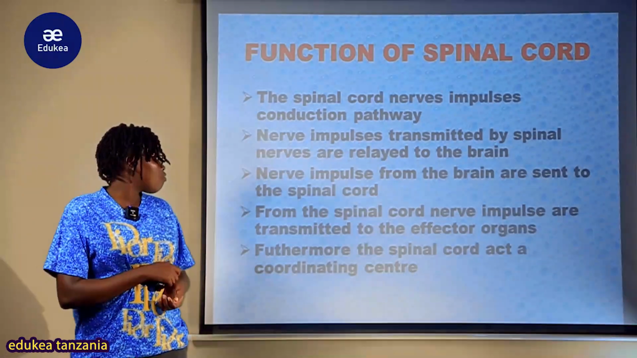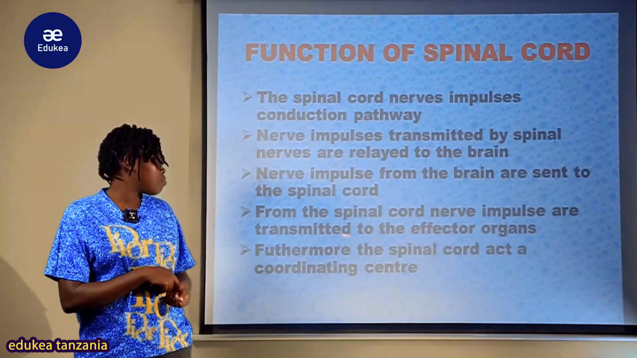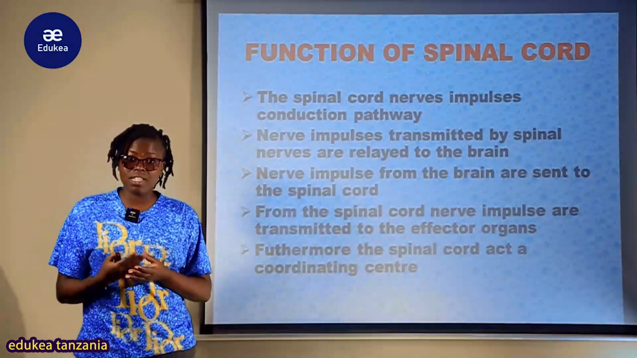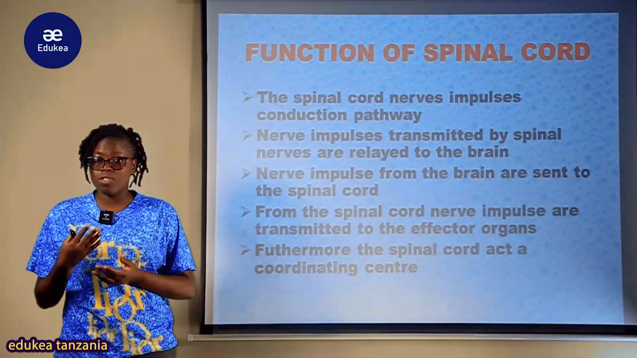Na vile vile from the spinal cord, nerve impulses are transmitted to the effectors organ. So katika spinal cord, the nerve impulses are transmitted to the effectors organ by the use of this motor neuron,